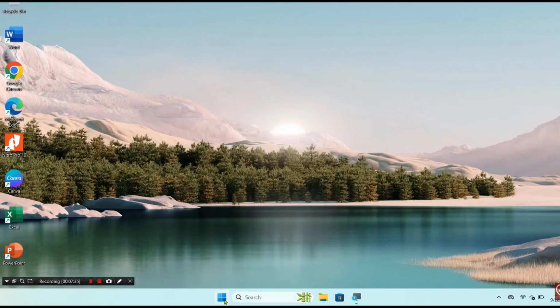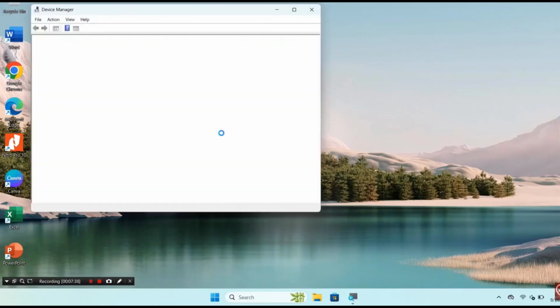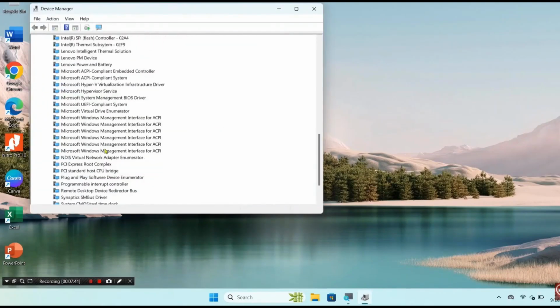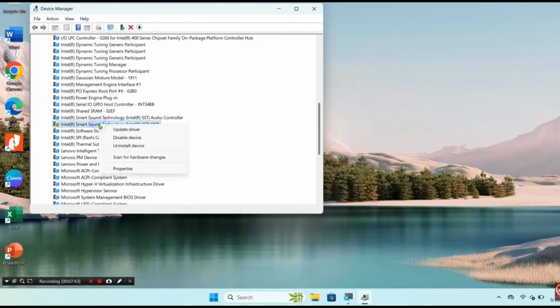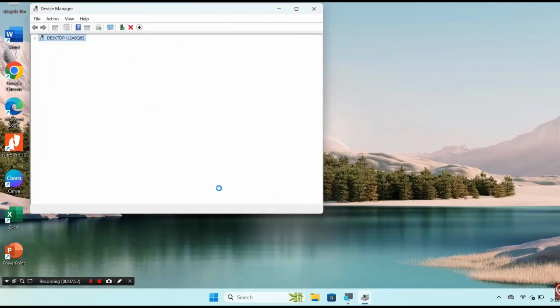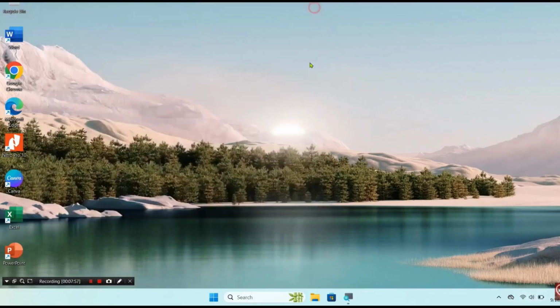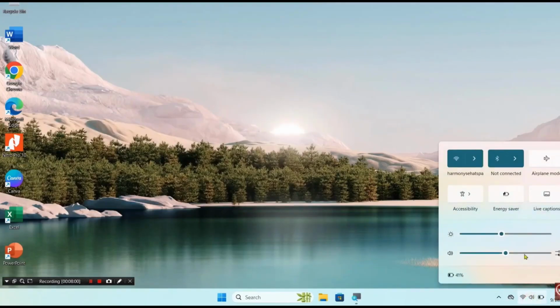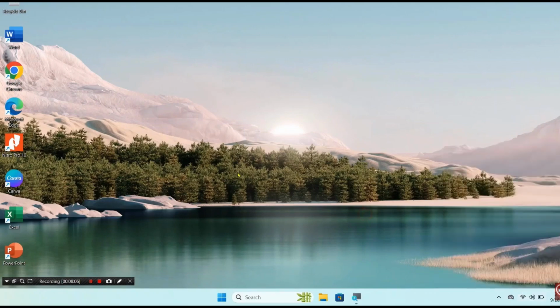We open the device manager. When the device manager opens, look for the audio driver with an exclamation mark. Please right-click, then Update Driver. Select Browse my computer and let me pick. We just choose the latest driver. Then when we scan, the audio icon will work again. It's normal and we can adjust the volume. What does that mean? It means the audio has been resolved, friends. Please try it.